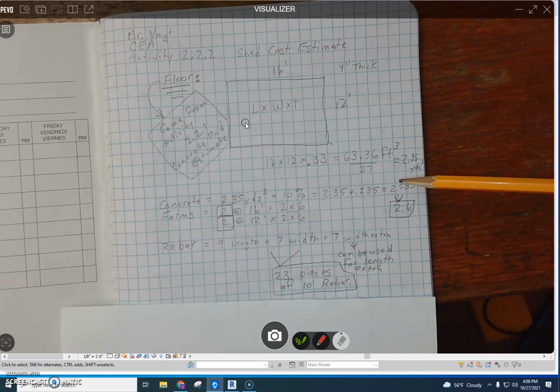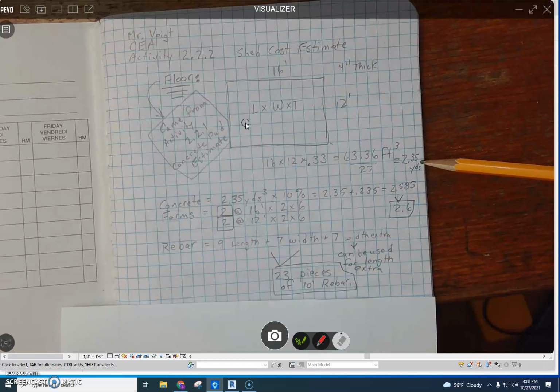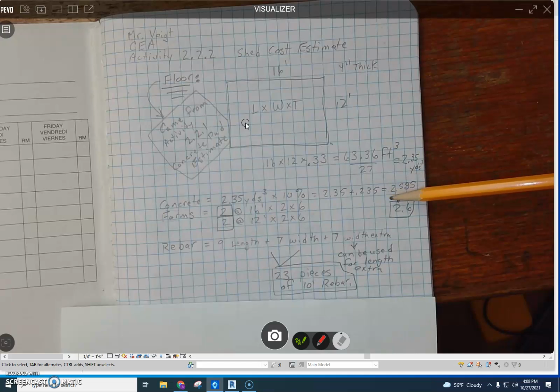We would probably just round this to 2.5 because they're probably not going to sell us a 2.6 cubic yard load. It'll probably be 2, 2.5, 3, something like that. If we get 3 cubic yards, it'll be way too much. But if we get 2.5, we should have plenty, right? So that's how we do that. Then we can go ahead and use this to do our cost estimate. We'll take our 2.5 times the amount that the concrete costs per cubic yard,